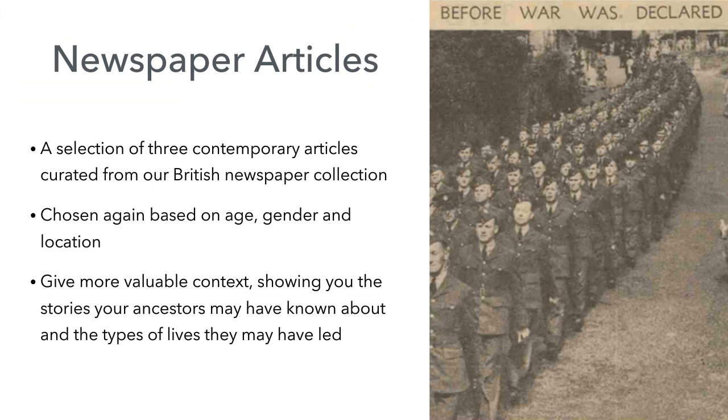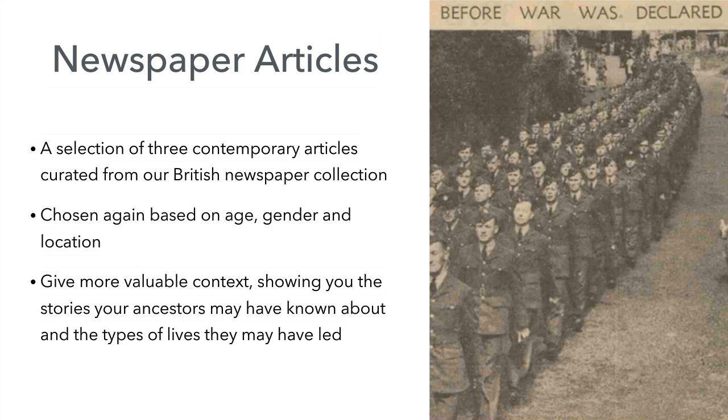We've also added some newspaper articles. These are included with the record at no extra cost. In fact, all of these features are included in the 1939 register. Again, these have been chosen and generated based on age, gender and location, and they just help to give you a more valuable context, showing you the stories that your ancestors might have talked about around the dinner table, for example, the people that they might have known of, and the types of lives that they may have led. So it really does help you get a really good picture of what life was like for your family